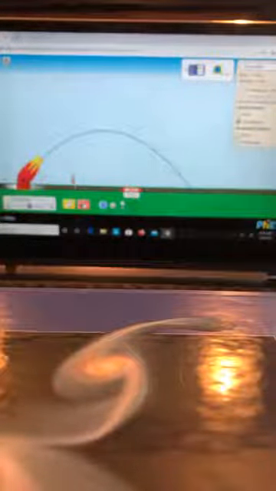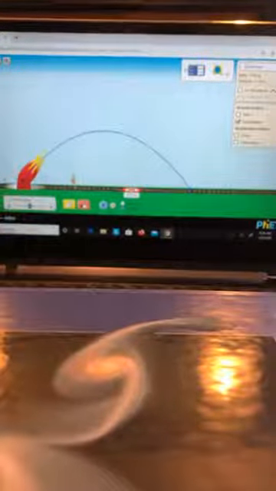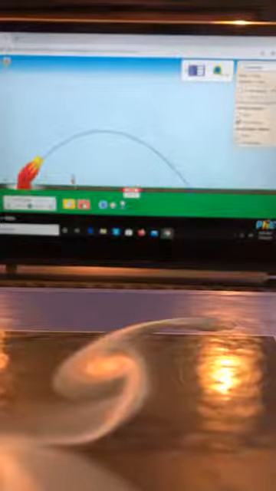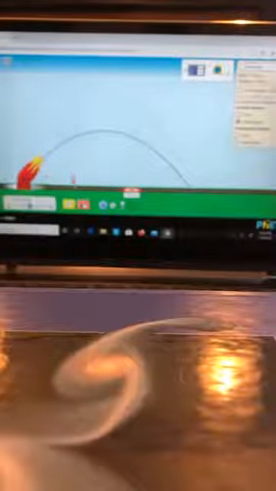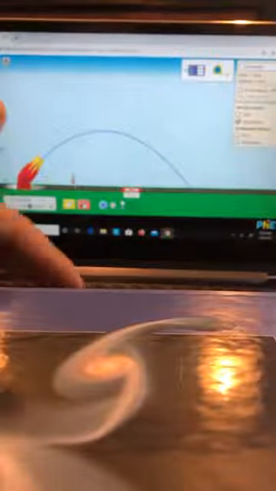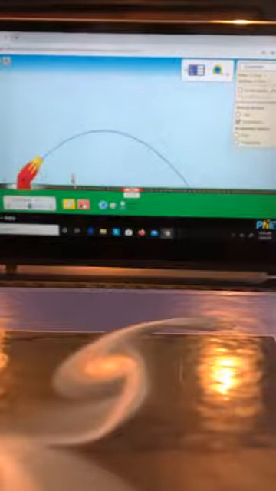So see, the vertical component of the velocity is maximum in the beginning, goes down, zero, and now becomes negative. It is directed downward. But which component doesn't change? The horizontal component. Please watch the length of the arrow, that never changes. Why? Because there is no acceleration in the horizontal direction. So whatever the initial velocity is given in the horizontal direction, the horizontal component doesn't change. What only changes is the vertical component.